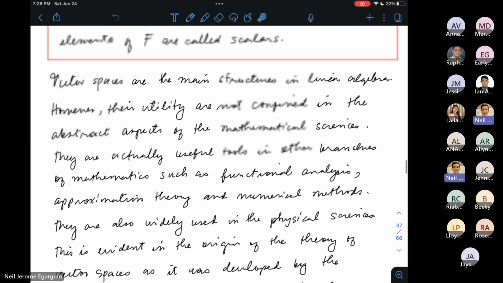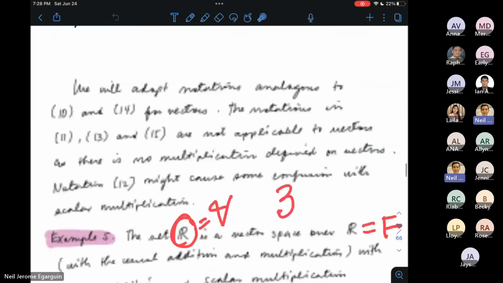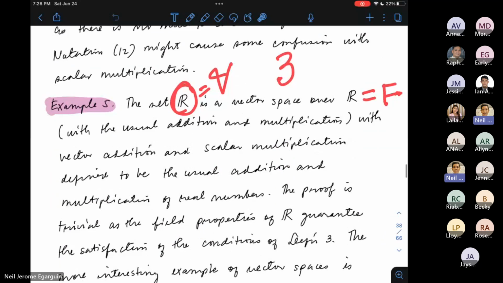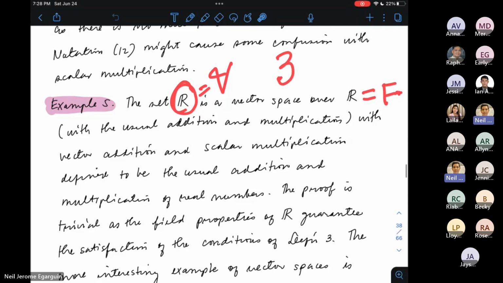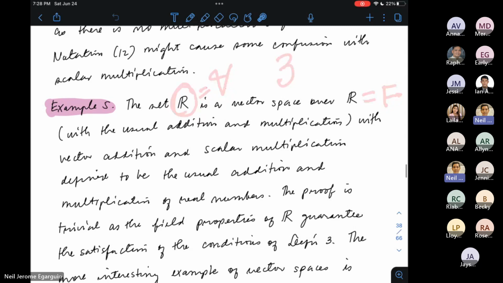Is that definition 3 or definition 2? Definition 3, right? So technically, yung mga real numbers, ito yung sinasabi ng example 5, sila pa rin ay mga vectors din. Pero sa physics, hindi sila tinatawag na vector. Alright? Yan lang yung medyo pinagkaiba. Pero lahat ng vectors sa physics ay vectors sa linear algebra. Pero hindi lahat ng vector spaces sa linear algebra ay tinatawag na vectors sa physics.